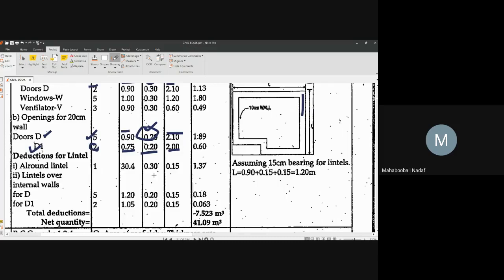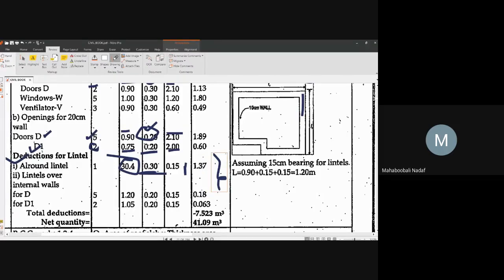Now in the exam, if time is there, you can go for lintel also. Otherwise, leave it. Not a big issue. See here, how many cubic meters are coming. If it is possible, you do. Otherwise, you leave it. But for the purpose, try to understand. Throughout there is a lintel. Center to center is 30.4, its width is 0.3 and its thickness is 0.15. One big lintel is given throughout the periphery, outside wall. This will come 1.37.